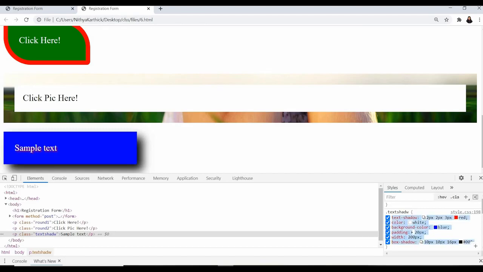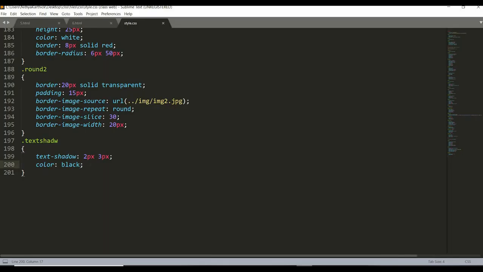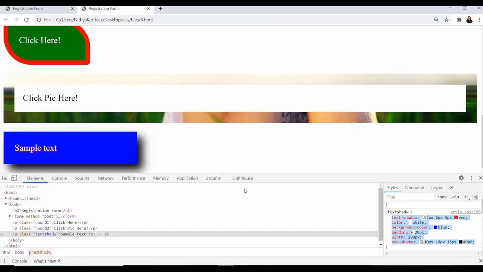I'm just copying this and pasting it in our style sheet. Yes, saved. So I always used to give styling in the same way. I will just give basic styling for the content, and afterwards I will try it live itself. After that I will copy this content and paste it in my style sheet. So this is my regular routine of giving styles. If you are comfortable with these sorts of techniques, you can go with that.